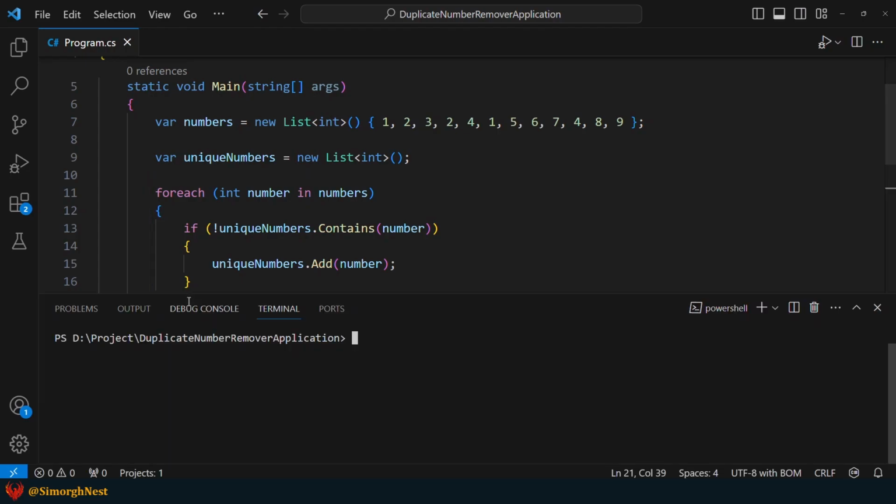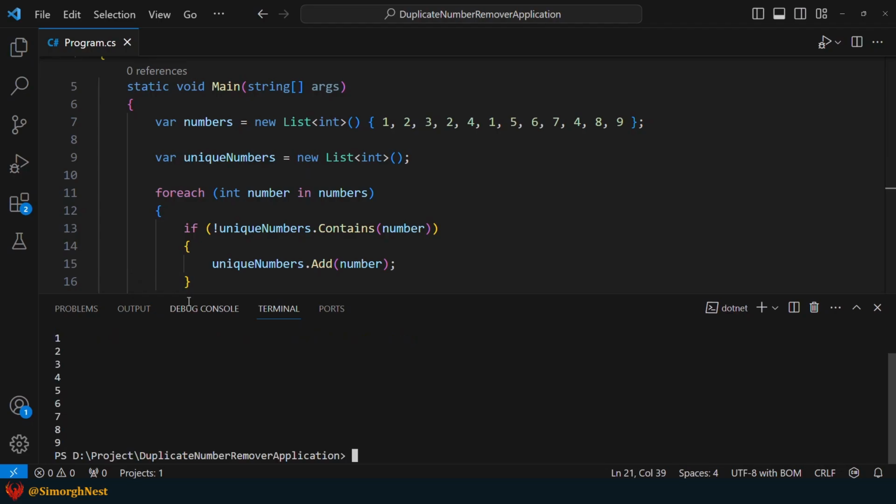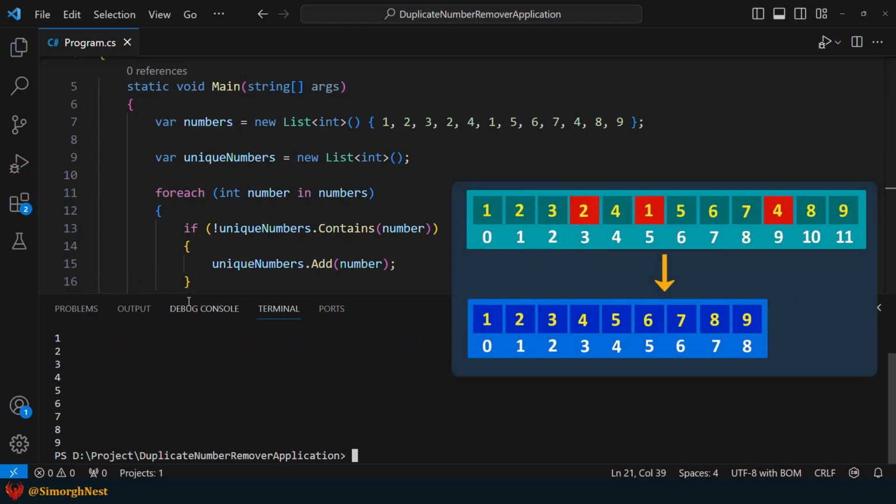Now, let's run the application to see the result. Okay, we have successfully removed the duplicate numbers from the numbers list and stored them in the unique numbers list.